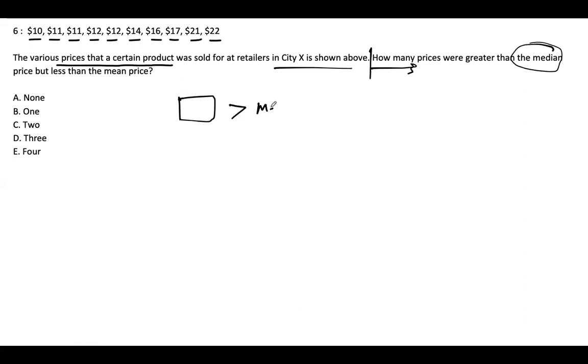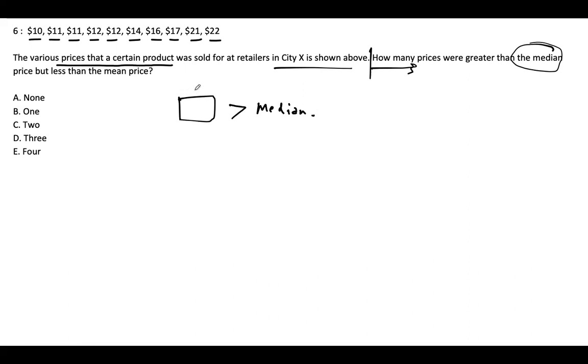So we have been given these values. The various prices that a certain product was sold at are shown. How many values are provided to us? 10 values. The question: how many prices were greater than the median? Okay, just a second. The price should be greater than the median. What is the value of the median? If there are 10 values,